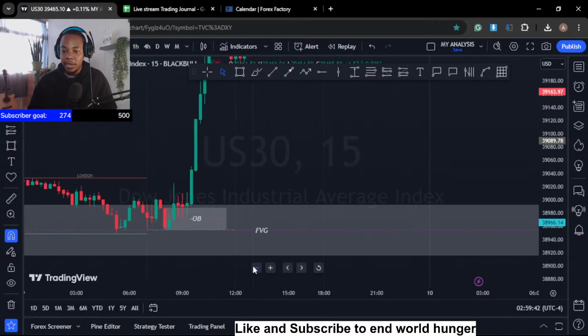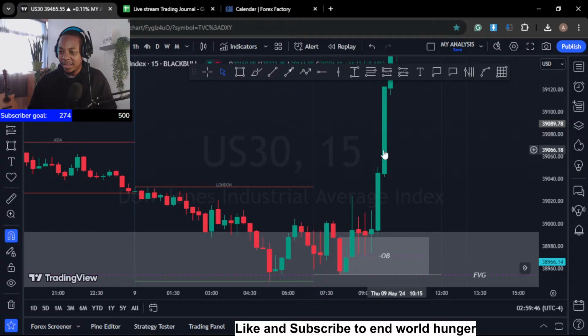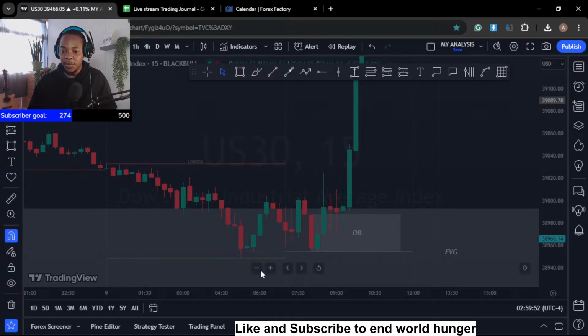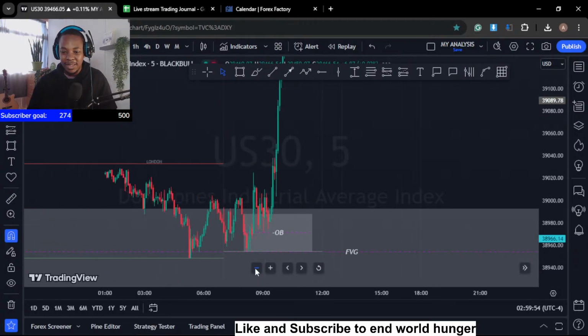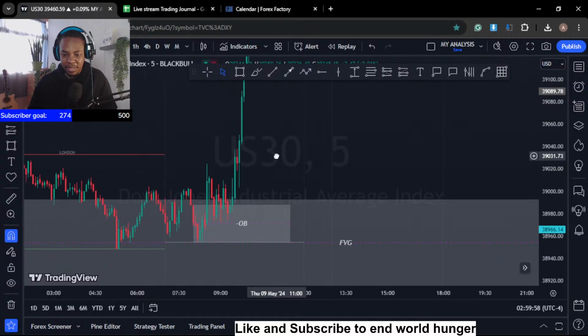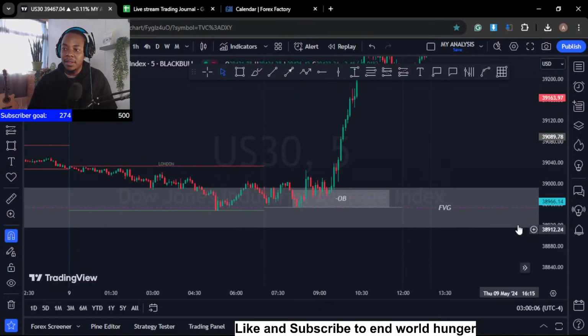I was actually hoping to get a market structure shift, which obviously here we did, but it didn't confirm. But if you go to the 5 minutes, that's where the gold was, right? Was it the 5 minutes? Yeah, even the 5 minutes created an order block there. Price dipped into it and then just took off. No drawdown whatsoever. This is a trade that I wanted to take, but because I'm stubborn,